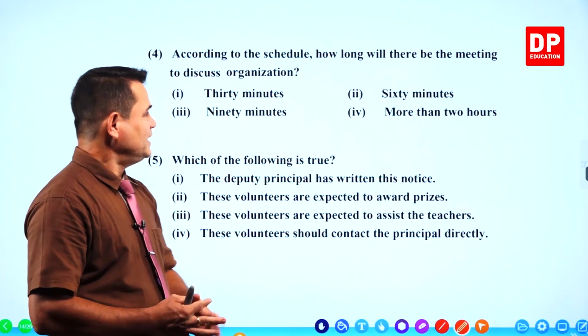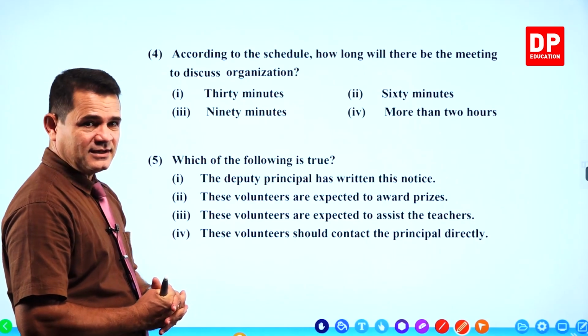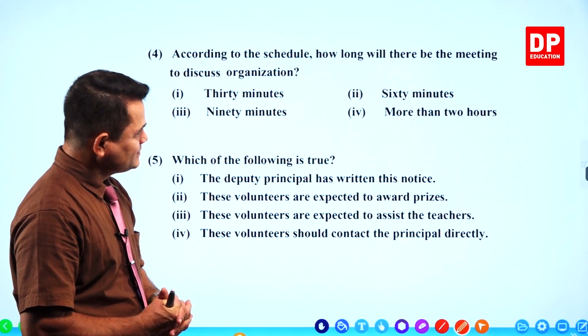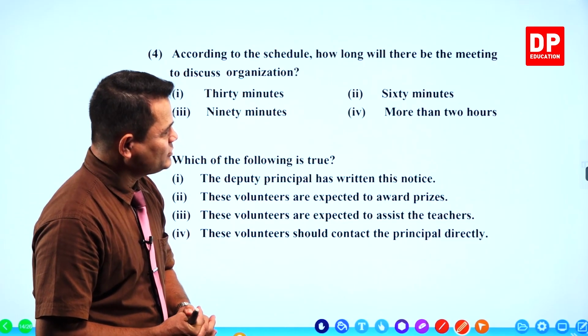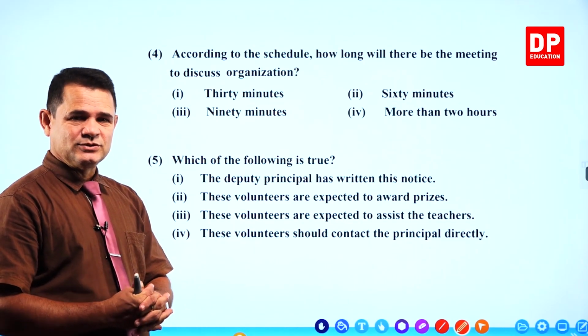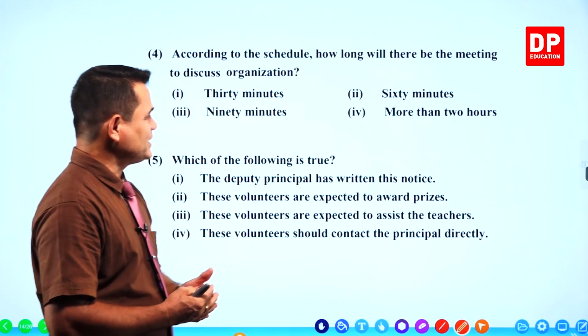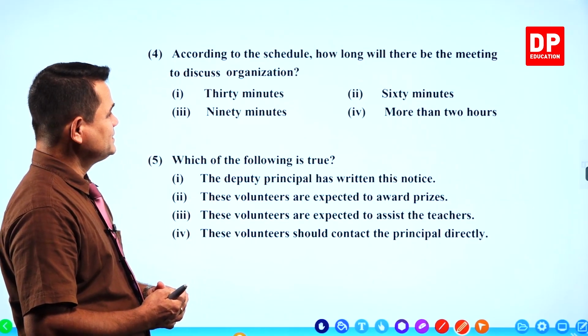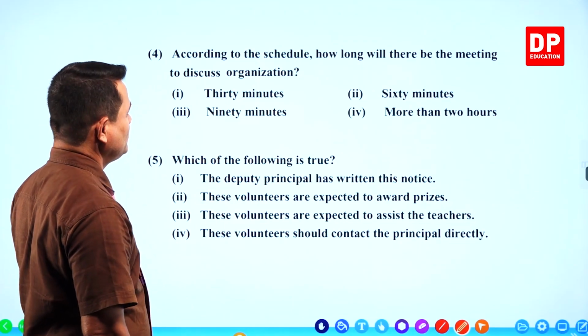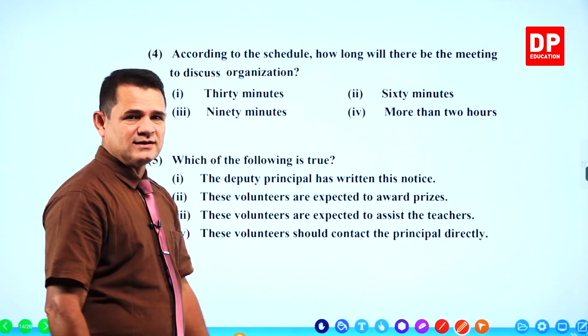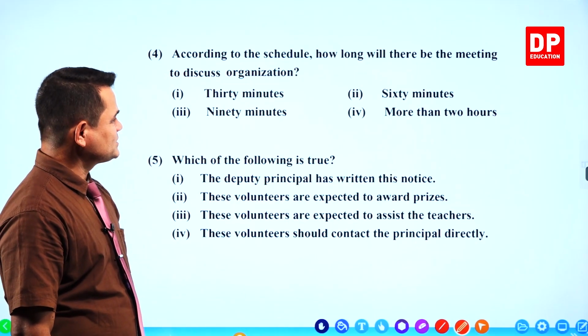So let's see the answers. 30 minutes, 60 minutes, 90 minutes, more than 2 hours. How much time? So actually, 60 minutes? So in the advertisement, now the answer is of course, is it 60 minutes or